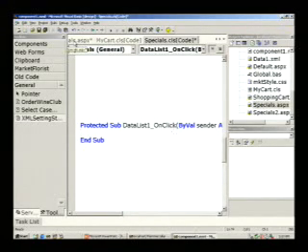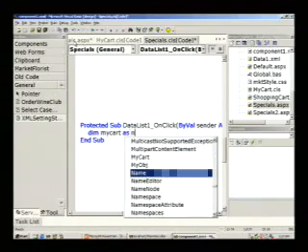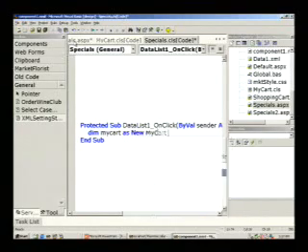And there's a little tag at the top that connects this HTML file to this class file, so that when events get fired, they get fired in this file. So now I'm going to write a little code. I'm typing in Dim myCart As New myCart. I'm actually going to create a new instance of a shopping cart. And in order to program against a shopping cart,